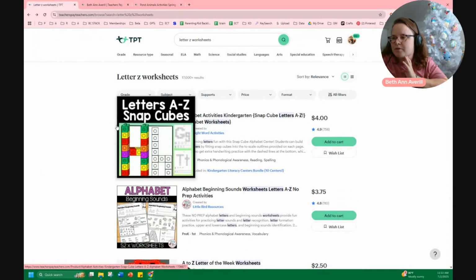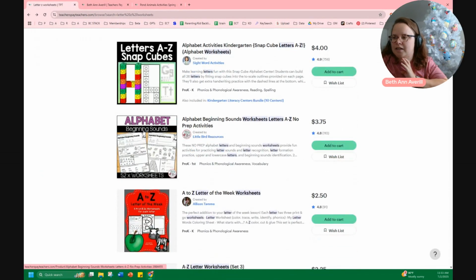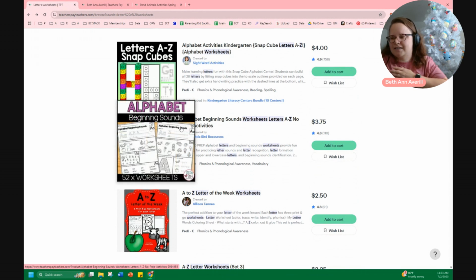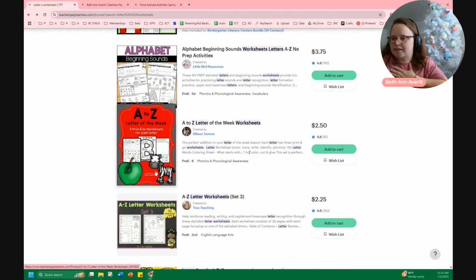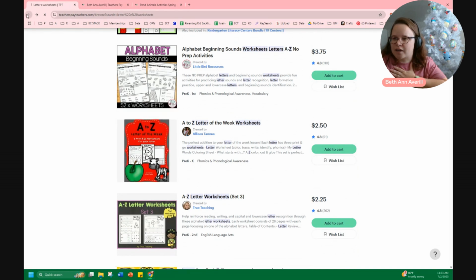Letters A through Z snap cubes, for example. You don't want them to look and be like, what does that say? Even this is fantastic, I'm not going to say anything bad about this. It's just smaller than this. This one has smaller font down here. This one you can't read at all. So I always try to avoid something like that,